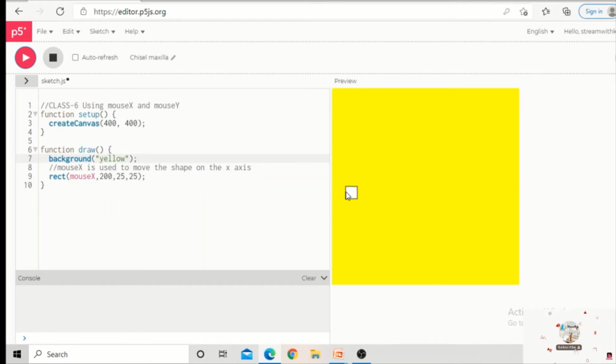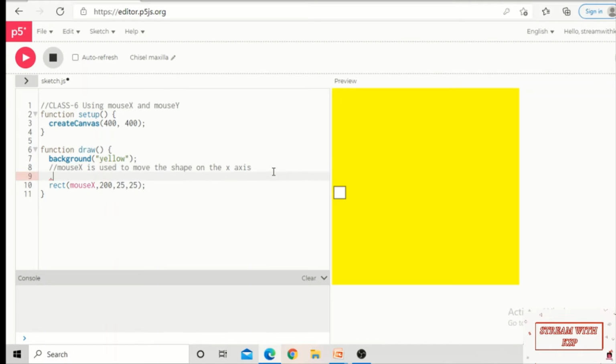Okay. Now we will also check for the mouse Y. Let me write the comment in the next line. Mouse Y is used to move the shape on the Y axis.